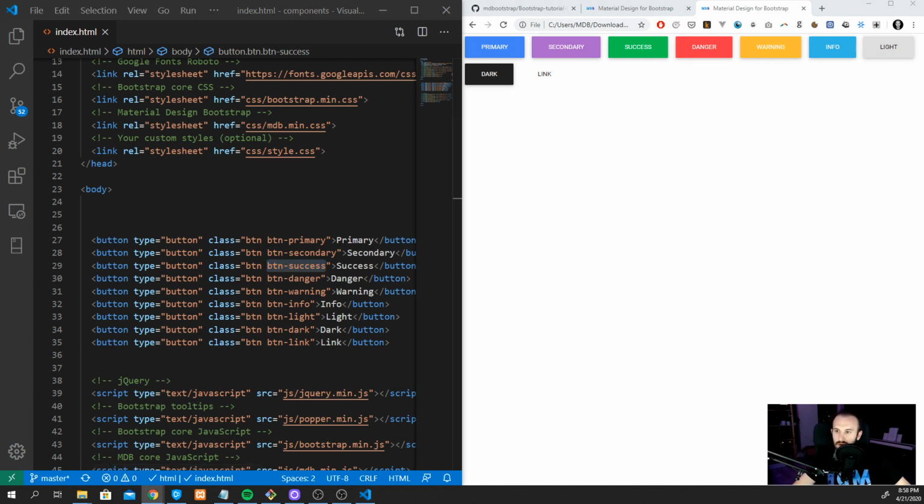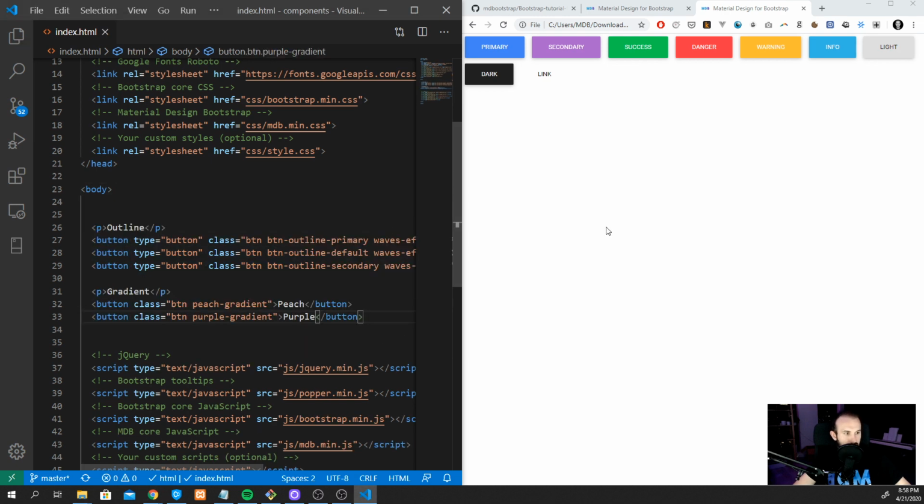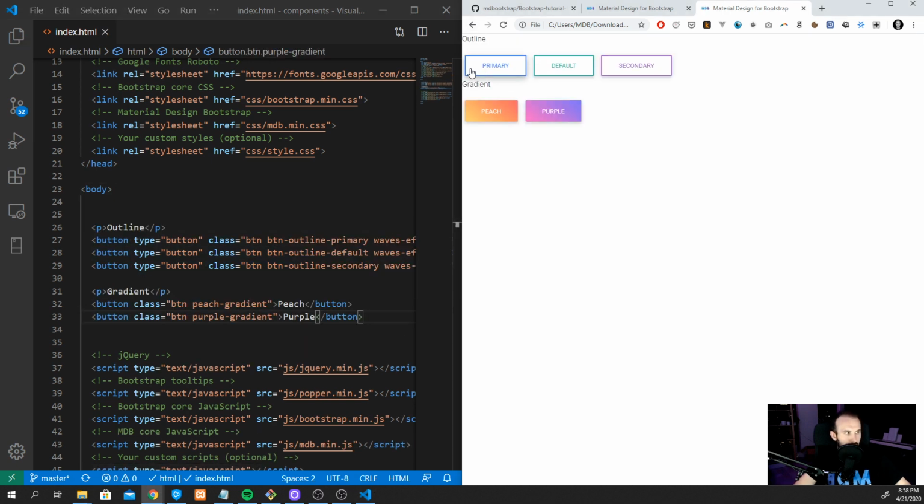Now there are also other types of buttons which you can use. These ones are called outlines, and with MDB we extended Bootstrap also for the gradient buttons, which are also at your disposal. So we've been talking about cards already, and now just one important thing to remember is that